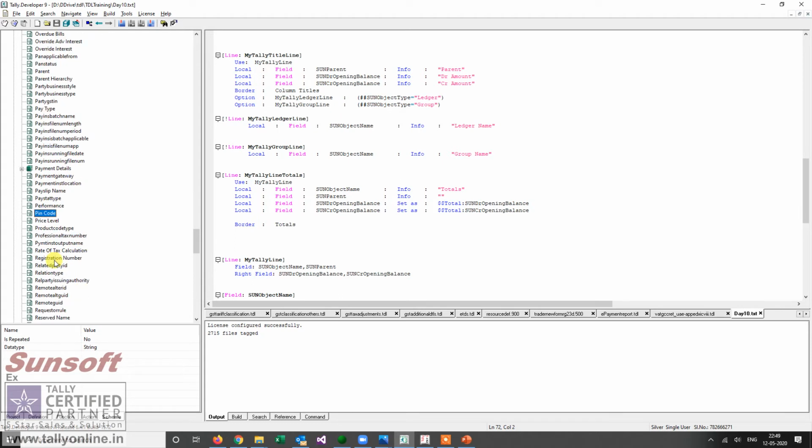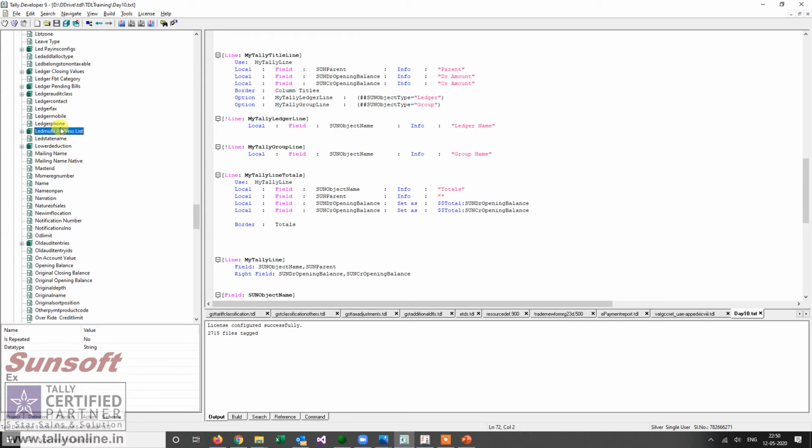So phone number I didn't find. Pin code I have found. That is party GSTN, this is the GSTN number. So this is the contact: ledger mobile, ledger phone.